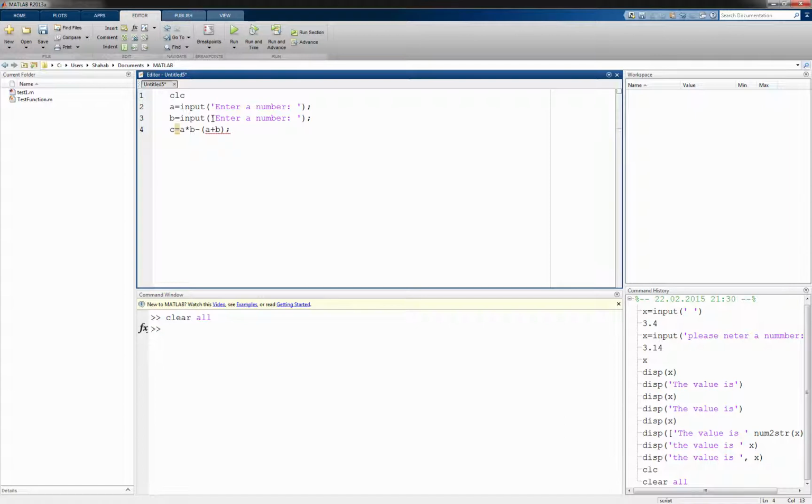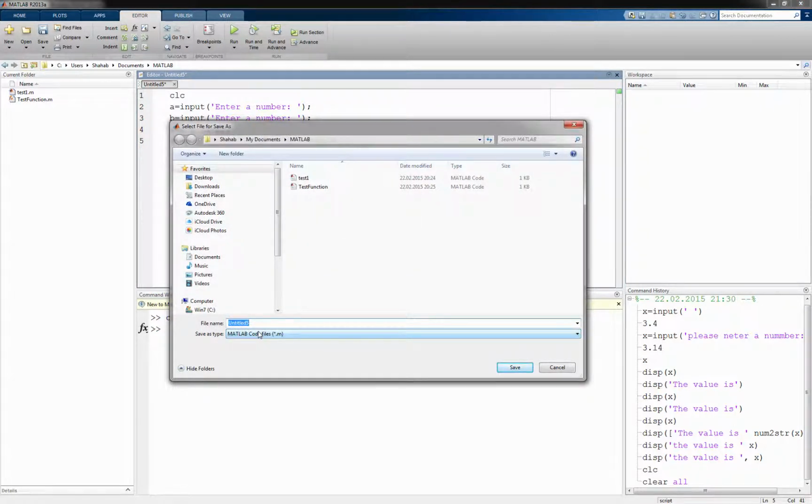So here you can see we have also the parentheses, and I want to see what the value of c is, and I use the display command, the disp, and what I display in here is, let's say, the value of c is, and num2str c, and I put a semicolon at the end. Now I save it, so let's call it test2,